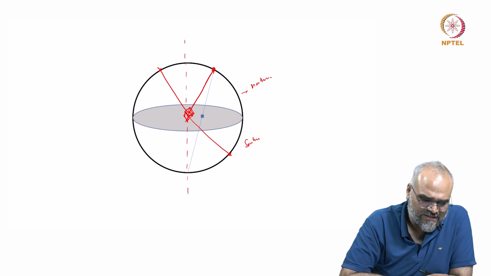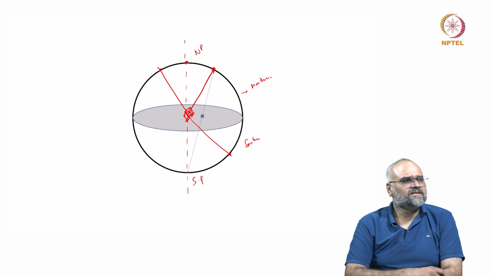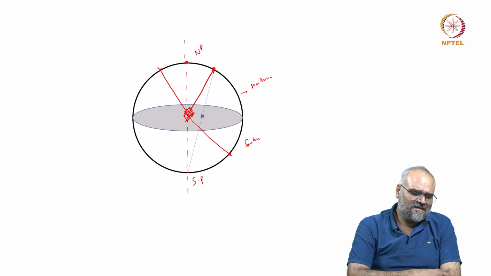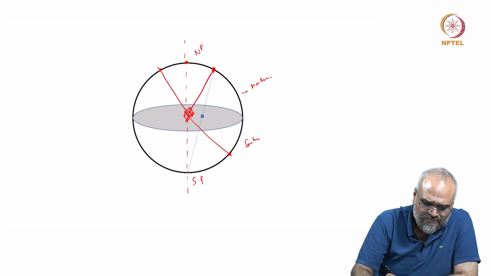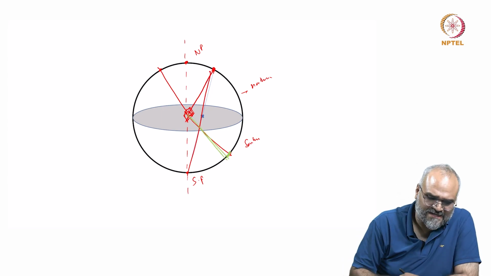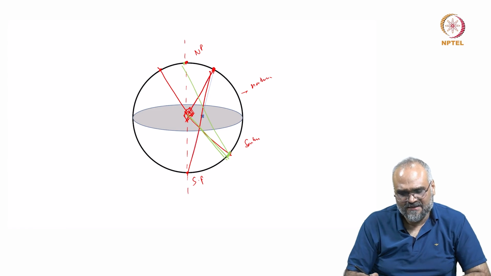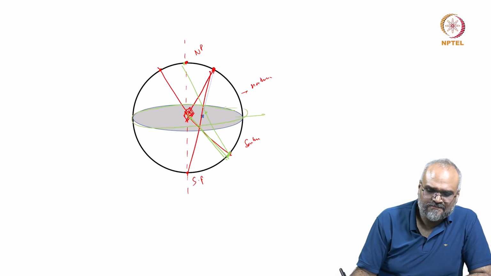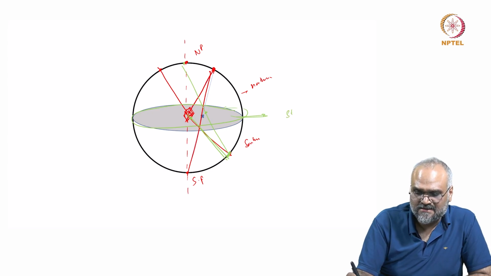central axis of this unit cell, if I have my north pole and the south pole, the concept of stereographic projection is such that all the plane normals which are intersecting this imaginary sphere in the northern hemisphere, if I connect with the south pole, projections or the plane normals which are intersecting the southern hemisphere, if I connect with the north pole, and if I form a pattern from these points of intersection with the equatorial plane, this projection on the equatorial plane, whatever I see is actually called as a stereographic